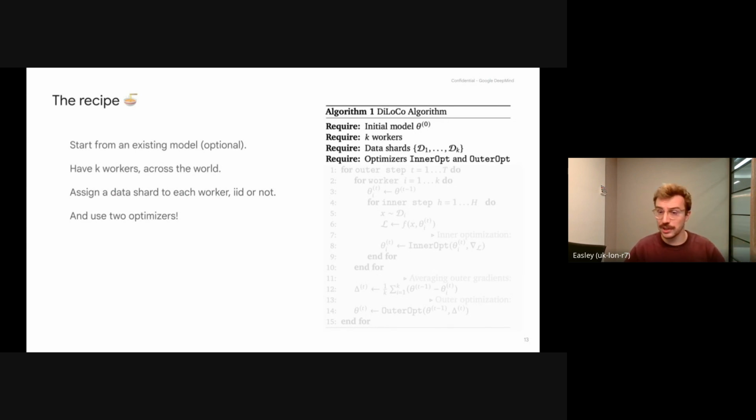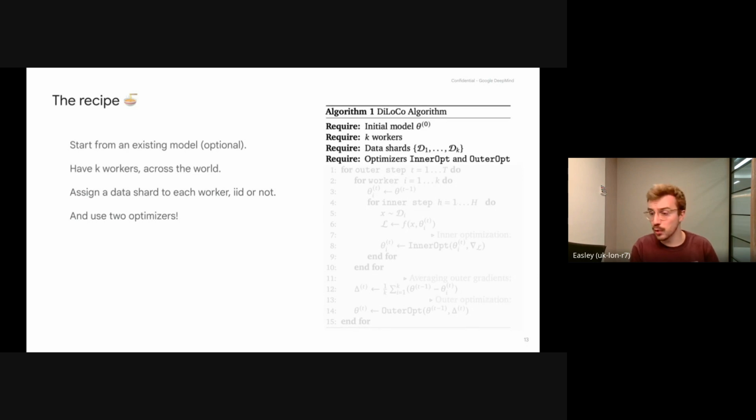Each worker is distributed across the world. We also have our dataset that we split into as many shards as workers. The splitting of the dataset could be IID or non-IID, meaning that we could simply randomly sample data on each of those workers, or each worker could have a different kind of domain. Both methods work quite well in our setting.